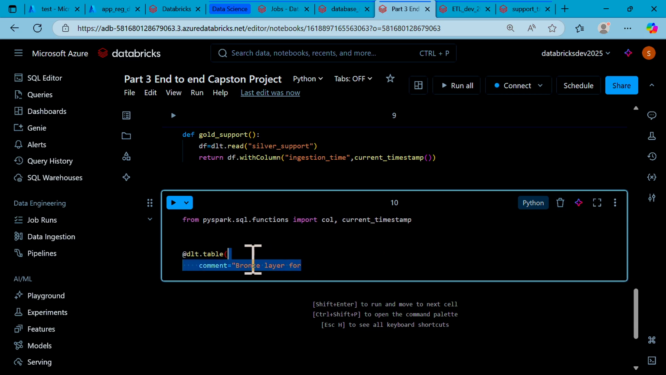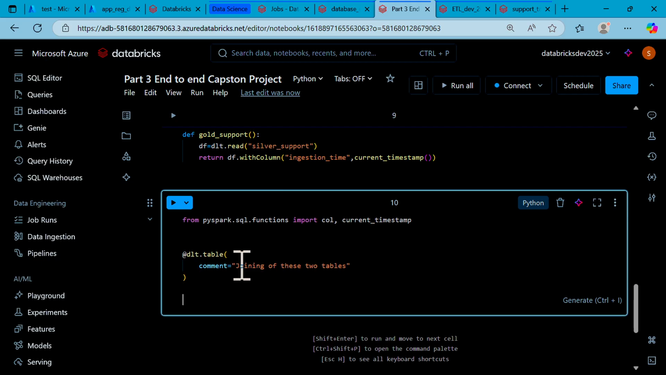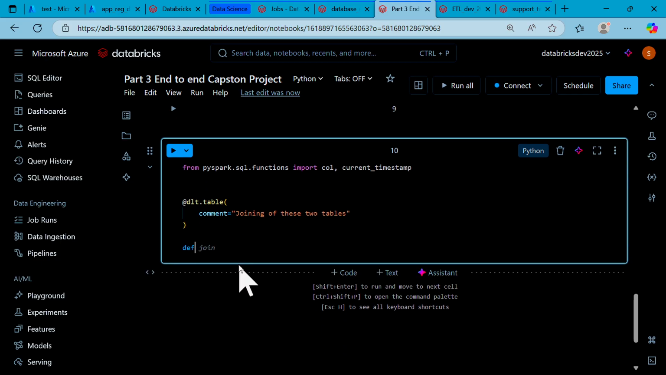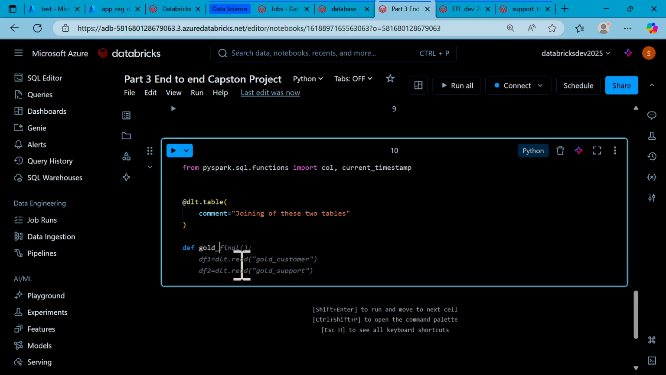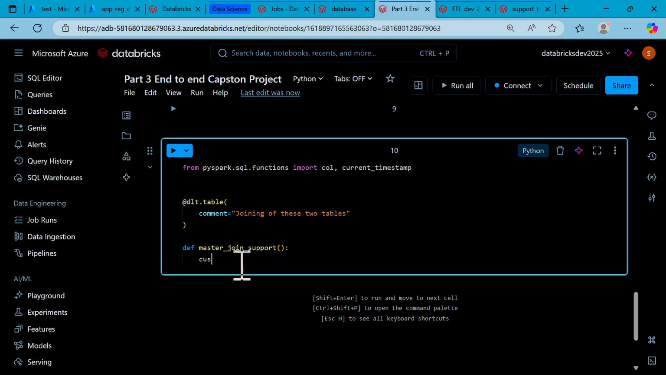joining of these two tables. Close it and close it here. Now create a function which will have a gold, or I would say, master join support. So I'm going to create this function, hit enter, and now I'm going to use